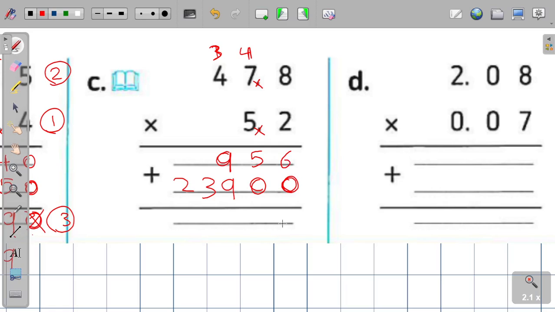So I have 6 plus 0 equals 6. 5 plus 0 equals 5. 9 plus 9 equals 18. So I have 8 and carry up 1. 1 plus 23 equals 24. So the result will be 24,836. But here I have 1 decimal place, and here I have 1 decimal place. So the result will have 2 decimal places. So I have 1, 2, and the decimal point will be right here. So I have the result